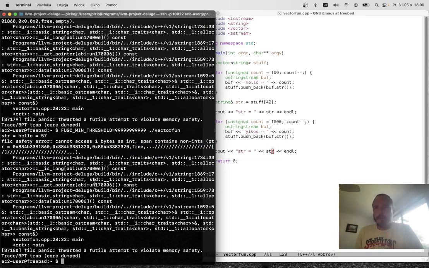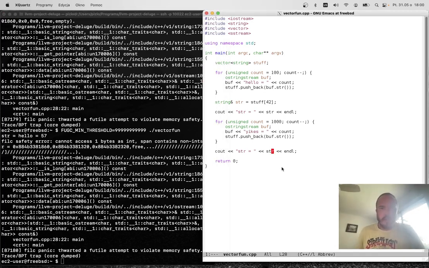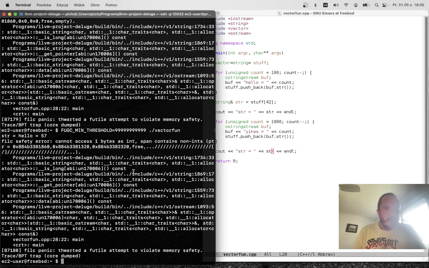So there you have it. We've used Fil-C's SSH client, a memory safe SSH client, to log into a memory safe SSH daemon. And then we started Emacs over an X11 tunnel that's totally memory safe. And we used that to write some broken C++ code and compile it with Fil-C++ to demonstrate Fil-C++ catching memory